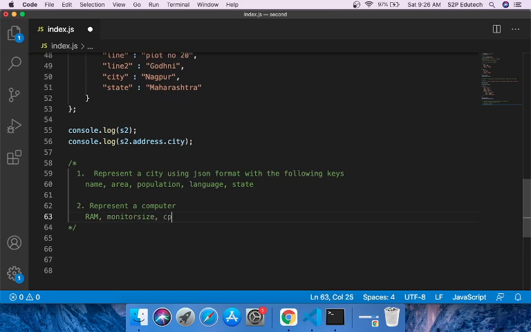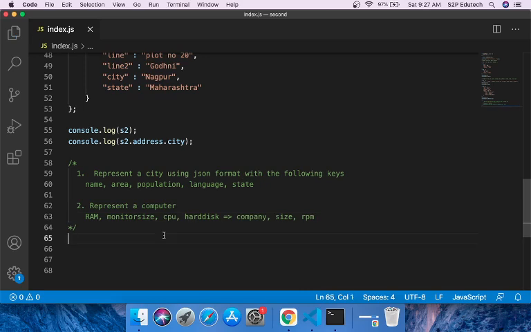Third key would be what CPU it has, i3 or i5 processor, whatever you wish to give. Then hard disk. This hard disk should be represented using which company it belongs to, what its size is, and some RPM. I am giving some random parameters, but that is fine.